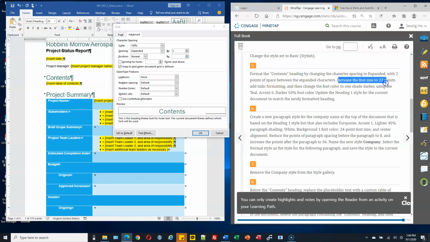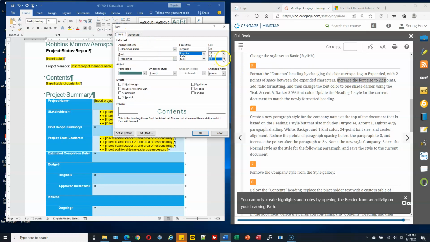Okay, increase the font size to 22. The font is in the font tab. The font size is 22. Okay, and add italic formatting. So the font style is italic. And then change the font color to one shade darker. So font color is this one.